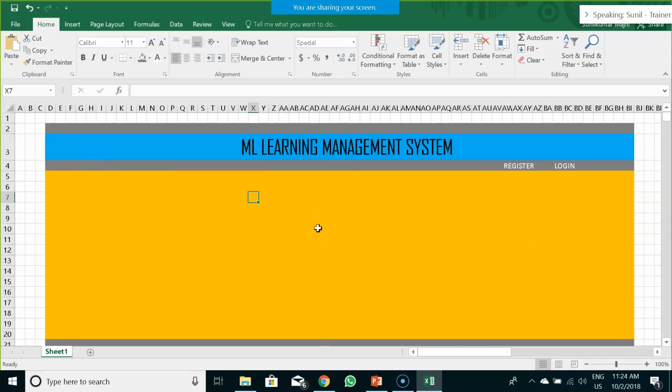For example, I would be taking the UI elements like registration of new user. I don't want it here. I want it somewhere here. Okay.